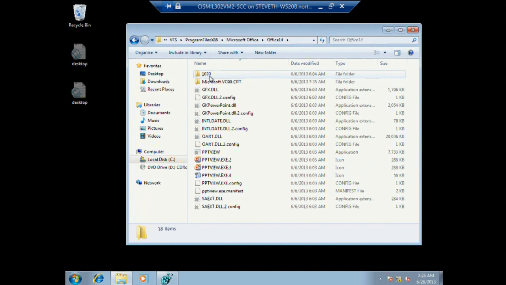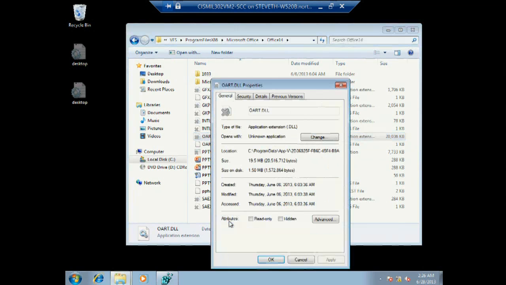Sparse files are designed in a way that allows you to actually create a file that's supposedly a specific size, like this OART.dll. According to the directory, it's 20 megs. But if I actually go and look at the properties of this file, the sparse file is only 1.5 megs.